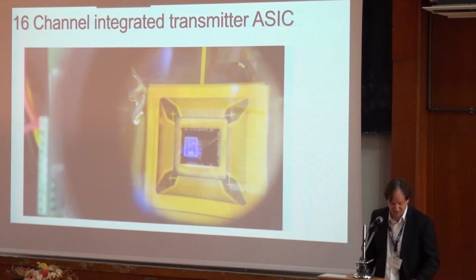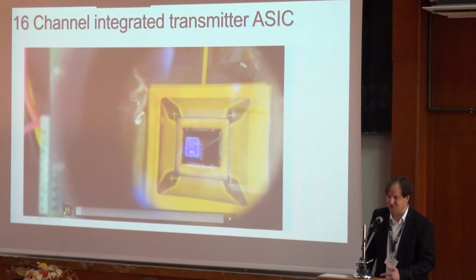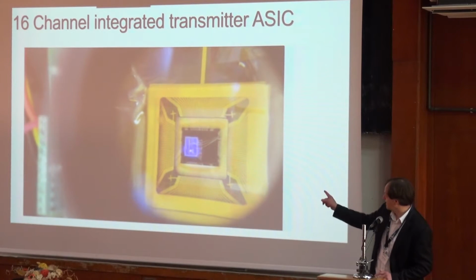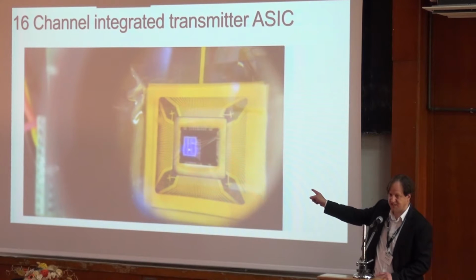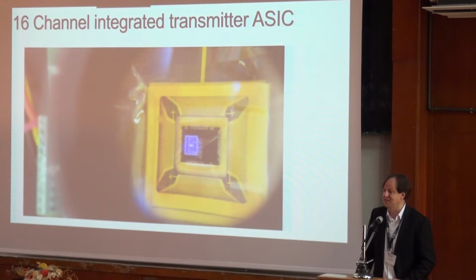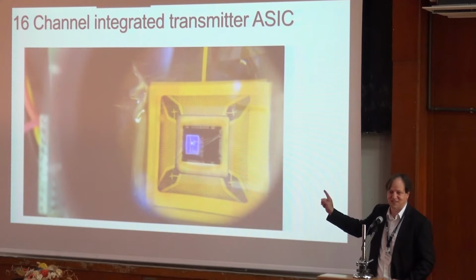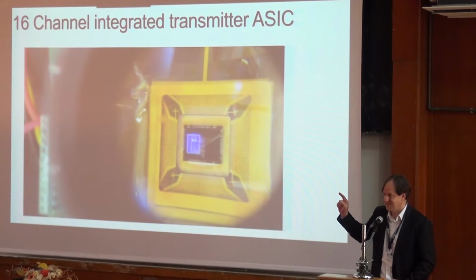It's 4 by 6 millimeter, and we have wire bonded 16 micro LEDs on top of the chip. So we have the most compact LiFi transmitter system here that you see. We turn on these micro LEDs one after each other, and I'll show you in a minute that with a single LED we can transmit 1 gigabit at 10 meter. So we have 16 here, and this is a massive MIMO transmitter at a size of 4 by 6 millimeter.